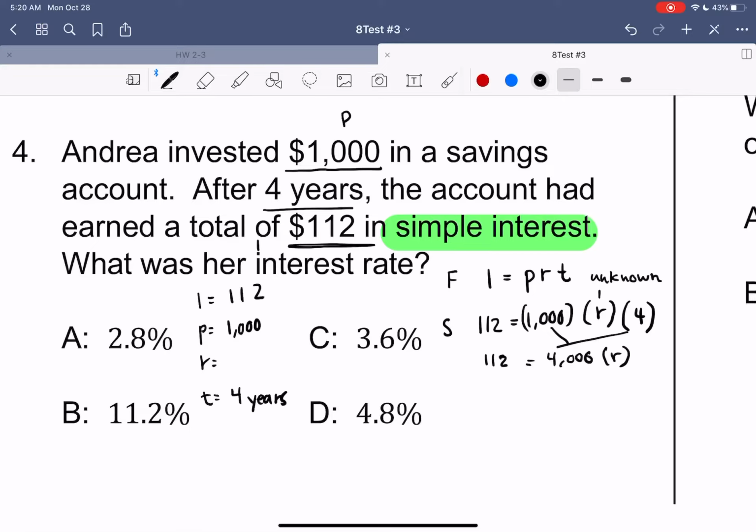So in order to get the R by itself, we're going to have to divide both sides by 4,000, because division is the inverse of multiplication, and that will give us 112 divided by 4,000. This will give us R equals